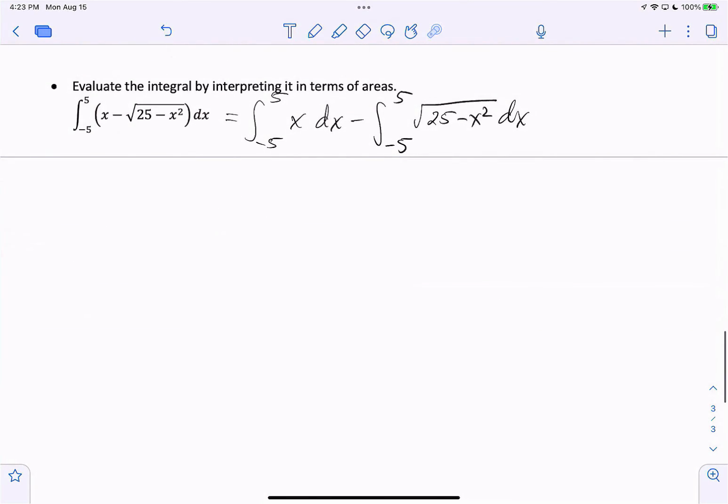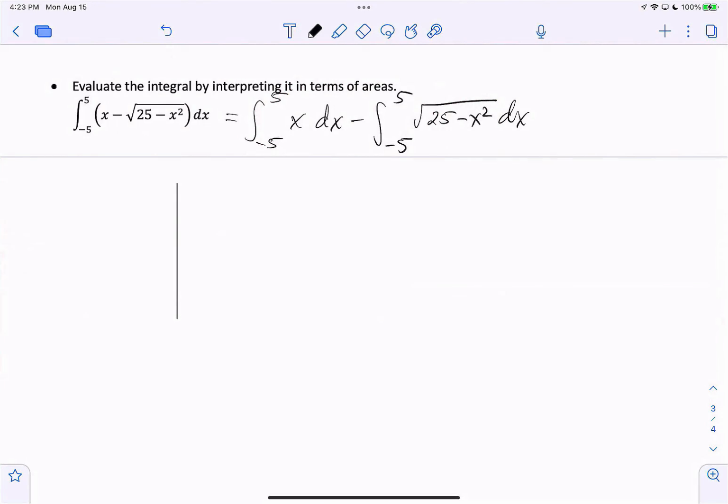Now we can use the limit definition for the first one if we wanted, but we actually can't because we're supposed to interpret in terms of areas. We would not be able to use the limit definition for the one with the square root. So it's a good thing we're thinking of things in terms of areas. The first one is